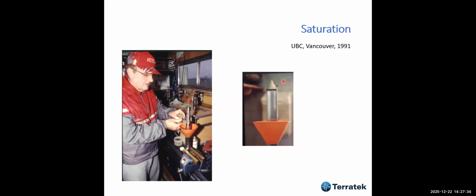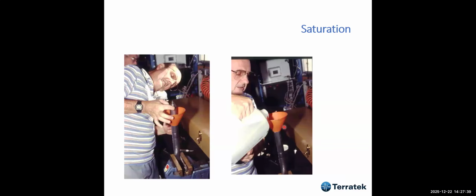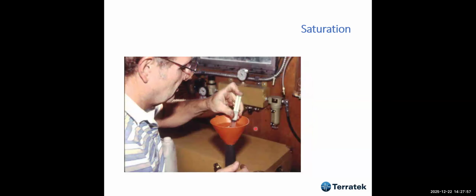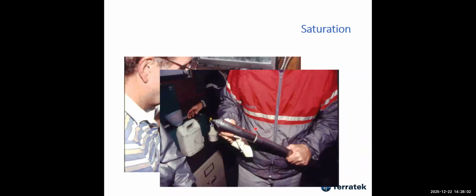Okay, this is the cone, how we do it, and this is the de-aired water. Or we usually don't use de-aired water. We use 50% de-aired water with glycerin, and this has to be de-aired first before we go to the field. And this is how to use the syringe to saturate the cavity. And here the cone is ready, and we use a condom to protect against loss of saturation. We put the condom here.